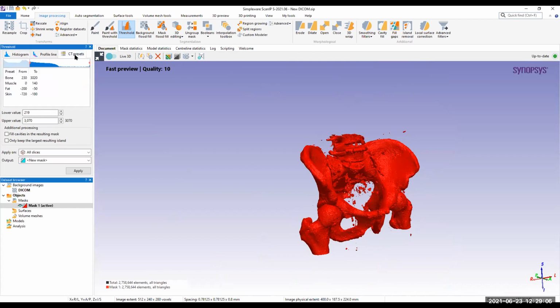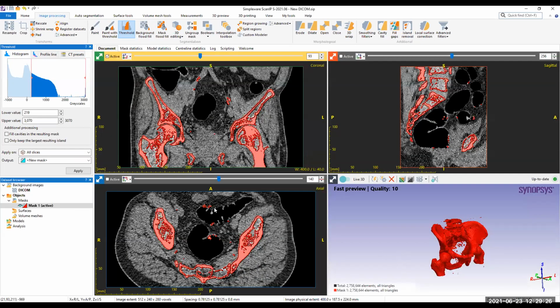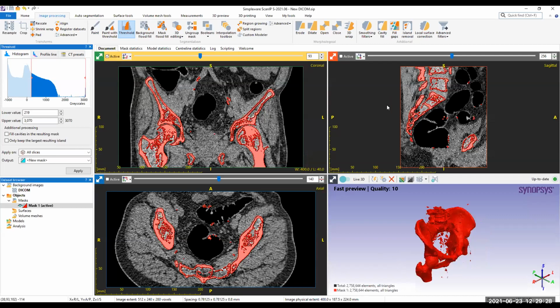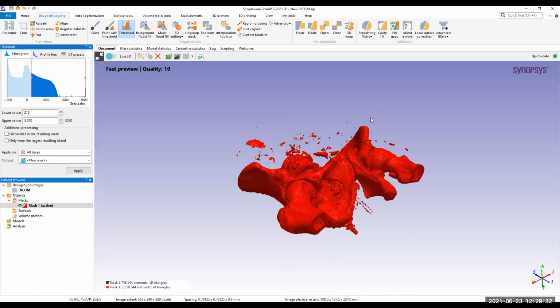For a CT scan, the bone tissue occurs usually between the grayscale range of 230 to 3020. For muscles, it's different. For fat, it's different. For skin, it's different. So we need to identify what our region of interest is, and use the thresholding accordingly.